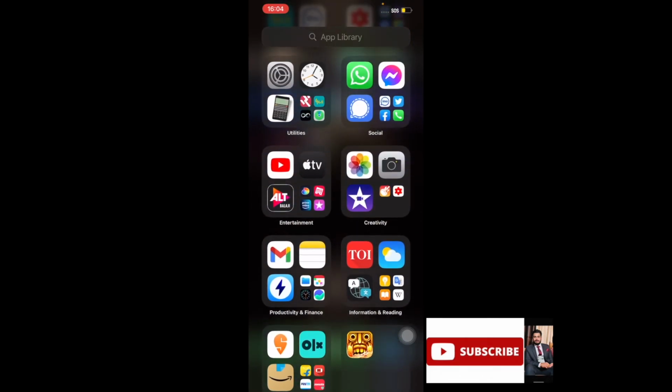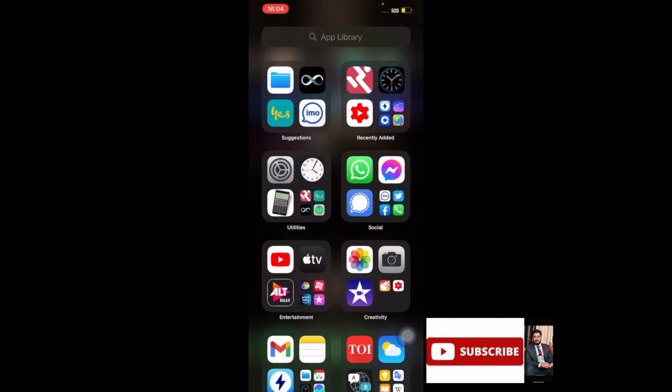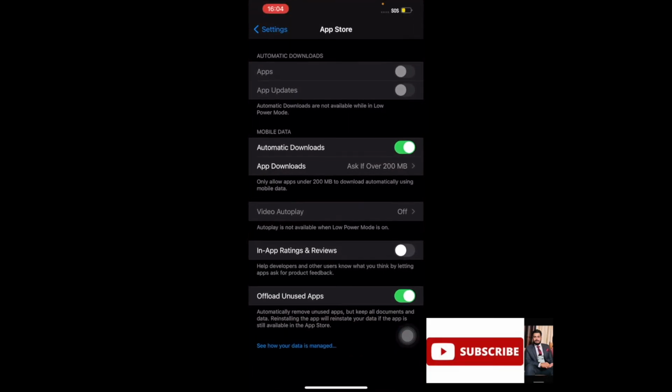If you want to use that app again, it will always be there in your App Library. You can download it again and get your data back; your data will not be lost. This is a very important feature, so I'm recommending that you switch on Offload Unused Apps all the time. Some people have a lot of problems with storage. To get rid of this storage problem, you can switch on this option, so that you can save some space in your cell phone by deleting apps which you are not using much.